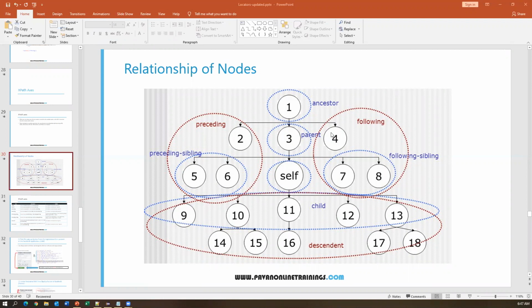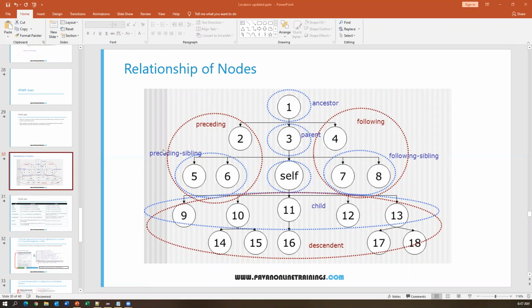For example, when I start from 11, the self becomes the parent and 16 becomes the child. Wherever you start the node from, we can consider that a self node. So these are all called x-axis.